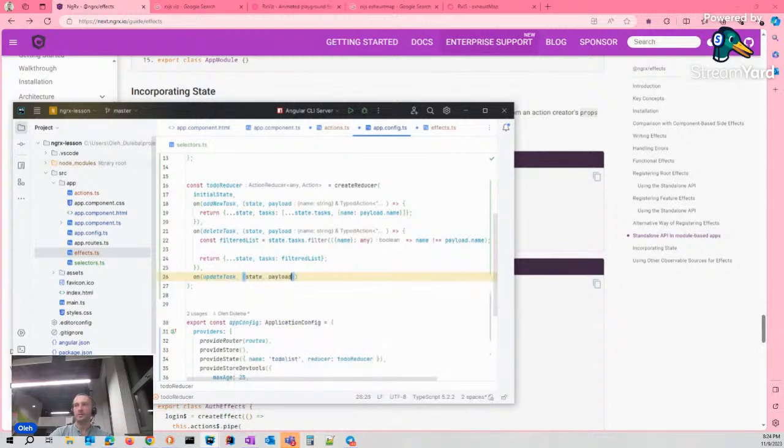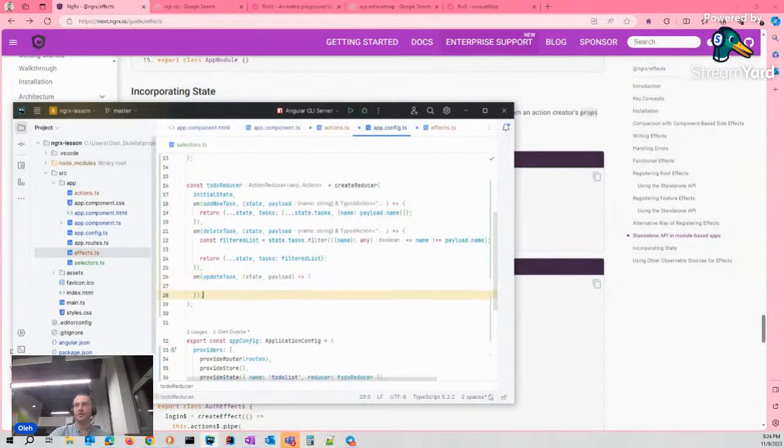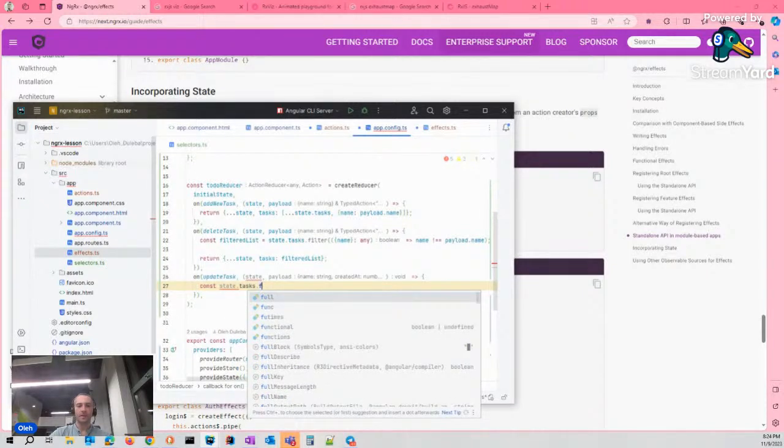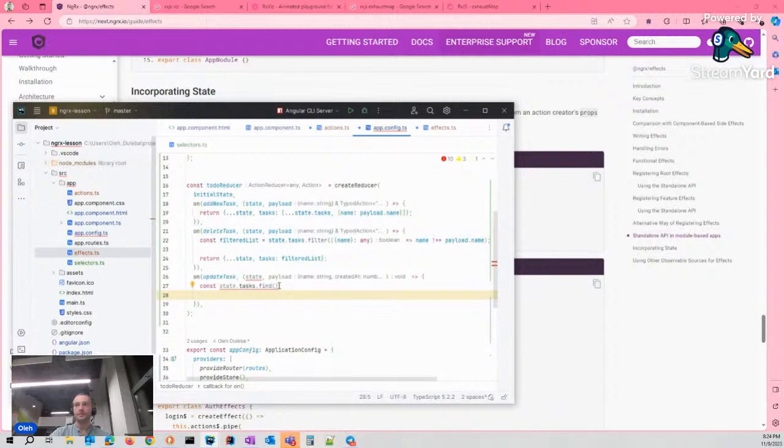State and payload arguments. First, I have to find my item with this passed name, but I can't use state tasks find. I can't use the find function because I find it okay, but what next?